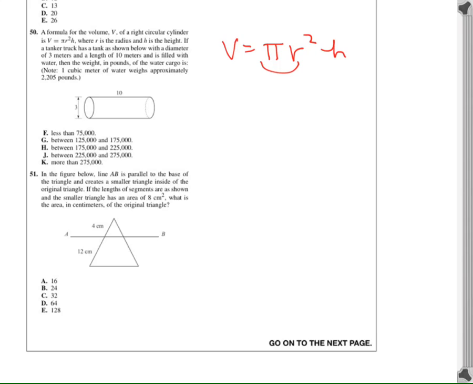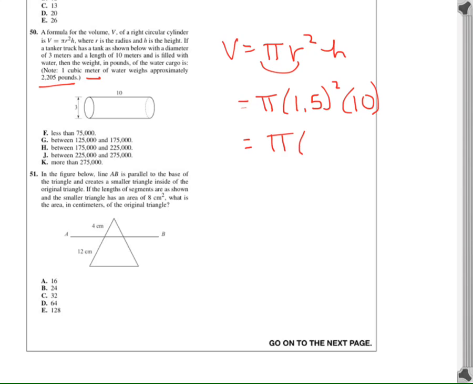Alright, so let's find the volume of water first, because they want us to find actually how much it weighs. They tell us 1 cubic meter is approximately a ton, 2,205 pounds. So let's find our volume. Pi times radius. Our radius is only 1.5. They give us diameter. Height means length in this equation, so 10. The weight in pounds of the water cargo is. So